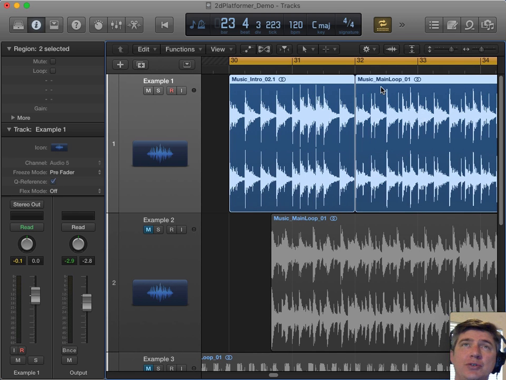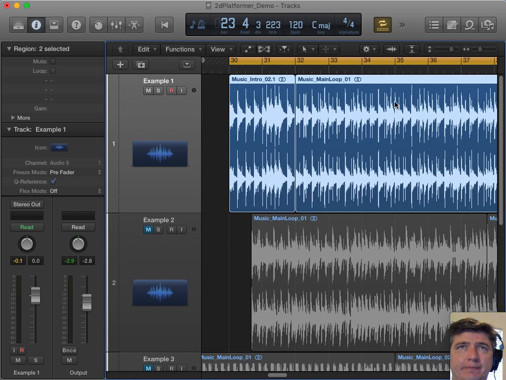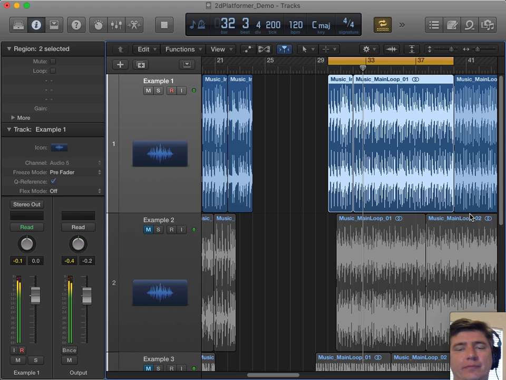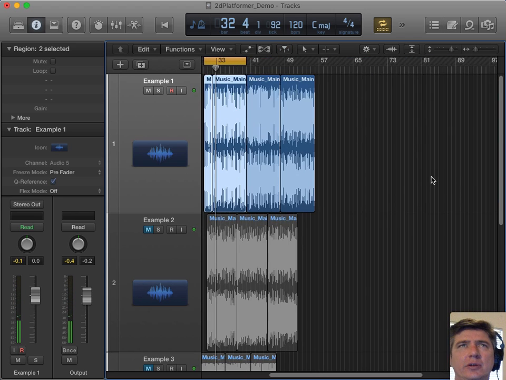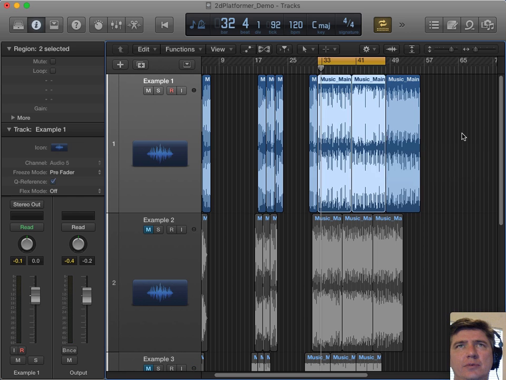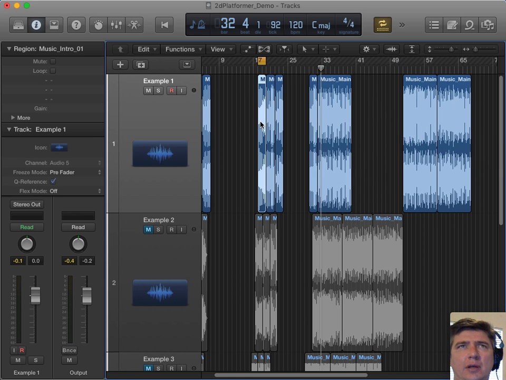So you might get intro 2 to main loop 1. You might get intro 3 to main loop 2. It doesn't always go intro 1, main loop 1, ending 1. They're not combined like that. All 9 files need to feel like they could be combined into any order. Again, that's the challenge. Intro 1, 2, and 3 has to work with main loop 1, 2, and 3, which has to work with ending 1, 2, and 3. Right, so there's one version. We could do that. Oops, we could do this and drag another one over here.